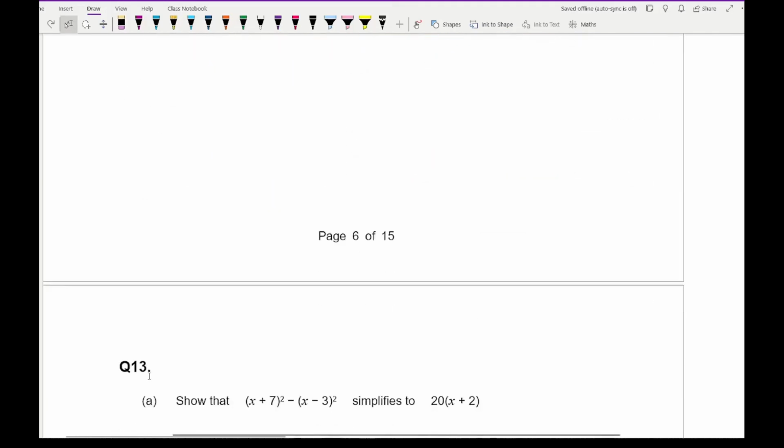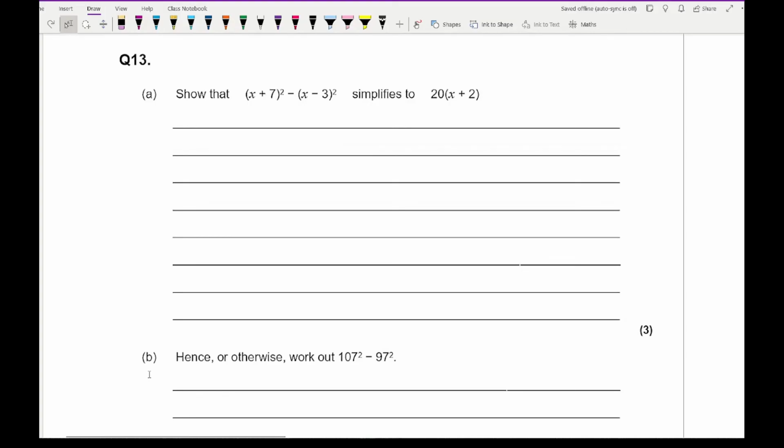Then moving on to the last question, which I'm sure you'll be relieved at. It says, show that x plus 7 squared minus x minus 3 squared simplifies to give me this. Now, there's no really identity of this, but hopefully with the questions that we've done, you can see a common link. So looking at this, what we want to do is recognise that this is x plus 7, which is x squared plus 14x plus 49. And that's going to be minus, if I put this in brackets, here I've got, let's do a different colour,